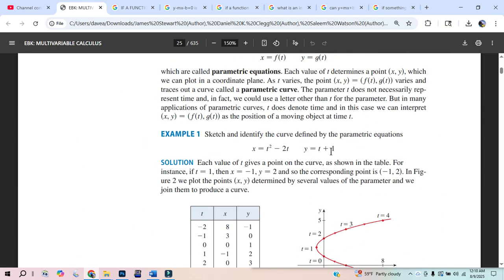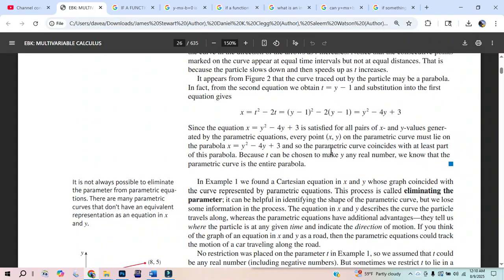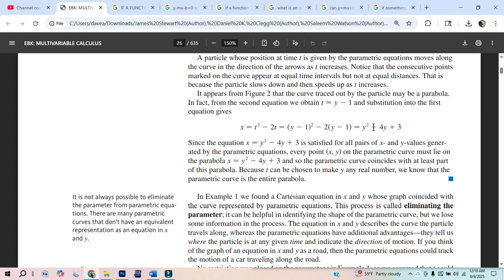Yeah, y is equal to t plus 1. And then I can get any value of y in this. But if you do this method of solving for the parameter t and then getting the equations, and this would be an explicit form of the equation, I guess, of these two equations, then